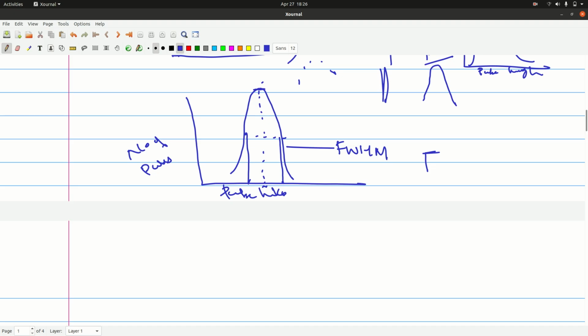Not tau, gamma. So the narrower the peak, the smaller the FWHM. FWHM will be small for a narrow peak, and for a broader peak it should be like this. For a better detector, the FWHM will be small and the peak should be narrow, because